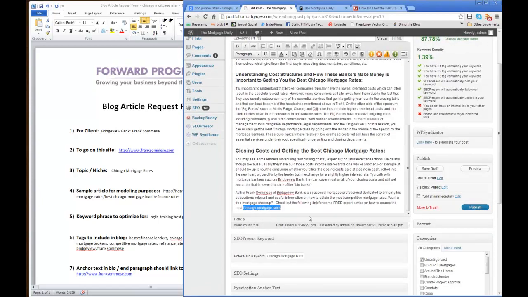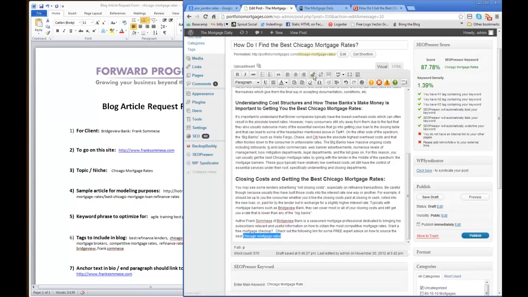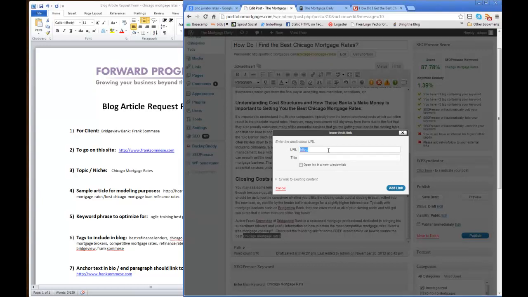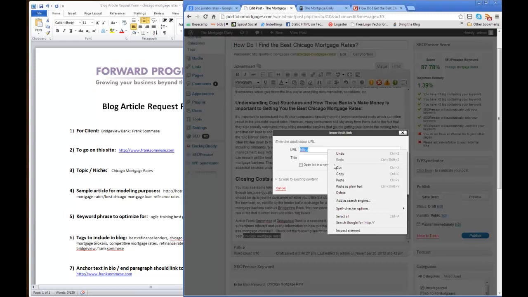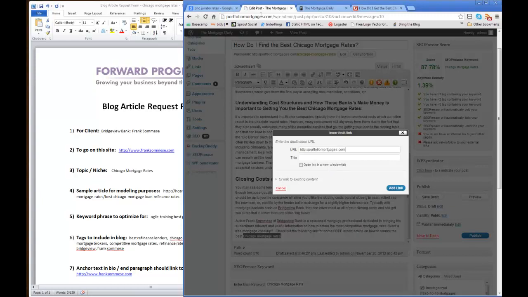All you need to do to create a link out of this text is to highlight the phrase, hit this little button right here that's called Insert or Edit the Link. And now this box pops up and says, where do you want this to point to? We just hit paste because remember we just copied the main part of the website here, the blog site that we're writing for. And this is optional, but if you want to type it in,